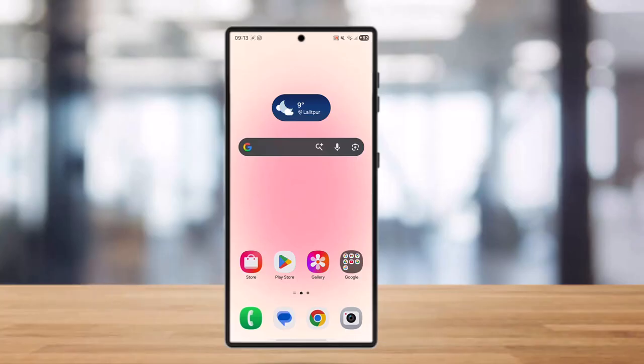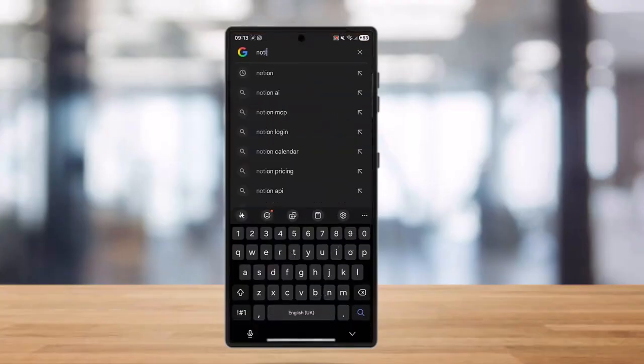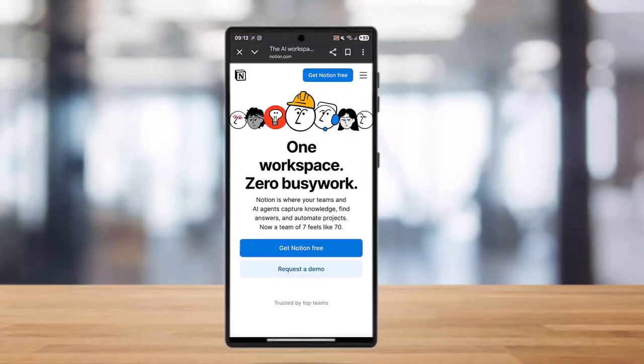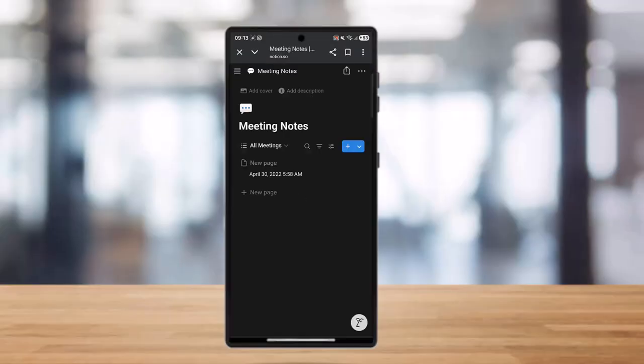So if you want to track team progress in Notion projects, all you can do is simply go and open Notion. Once you open Notion, you need to simply log in to your account. Once you have logged in, to track your team progress in Notion, you need to create a